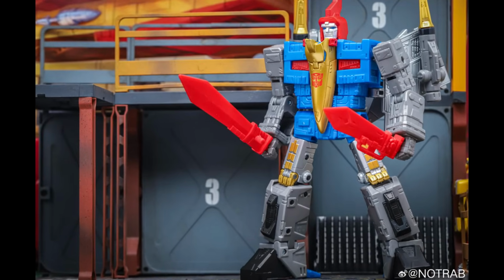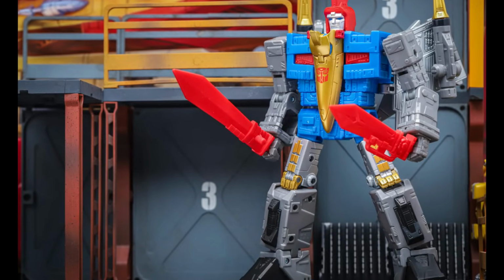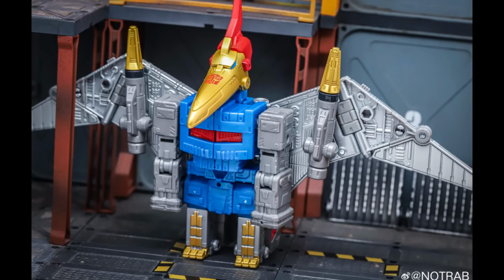Enough of the micro transformers. We're getting into some good old-fashioned big old Swoop here. And leader class. Someone got some amazing-looking pictures from No Trab. Really looks good. I think that Hasbro's ending this well, and even better than Hasbro's promo pics right here. I gotta admit, these blow Hasbro's promo pics away, and getting to see them in the alt mode,